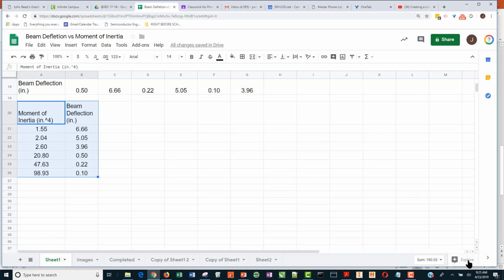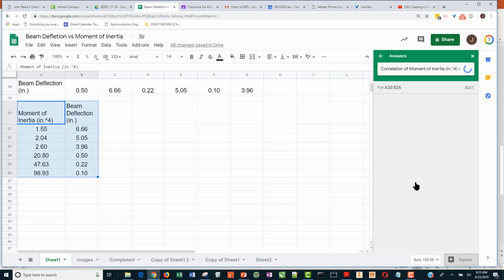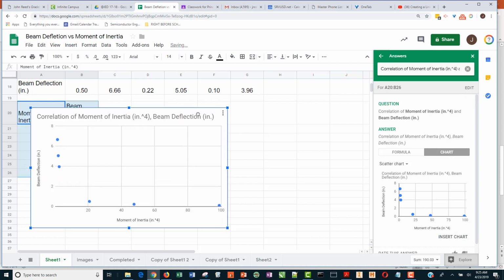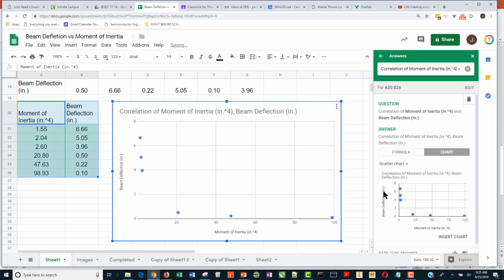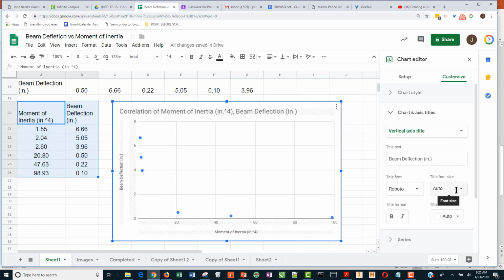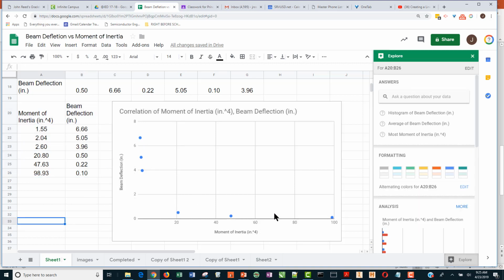No worries, I'm going to grab this, come down to explore, and correlation of moment of inertia versus there. Yeah, insert chart. So there we get what we want there. And again, I can go through all this and change it, but really it looks like this. And so this is sort of like a 1 over x type dependence. So moment of inertia here, beam deflection. I'm not going to go through and do the correct modifications for readability,